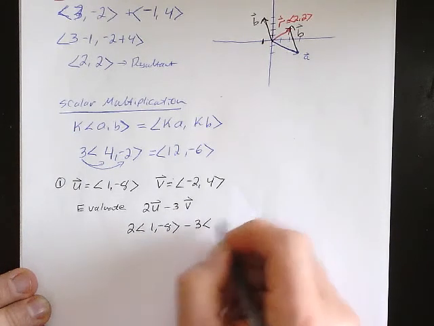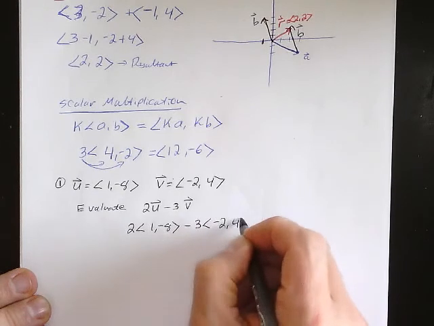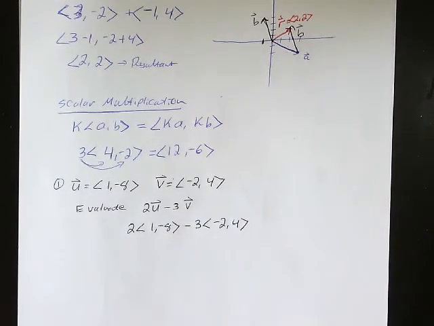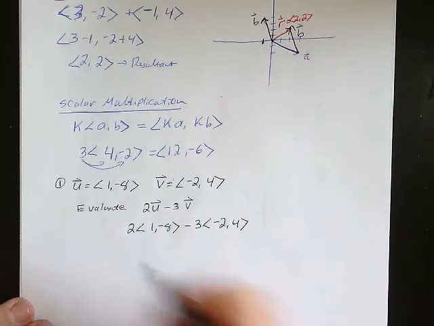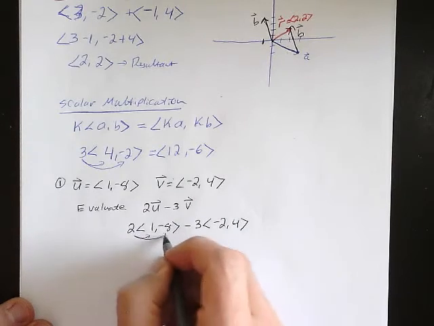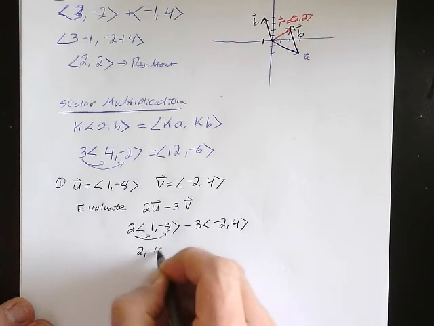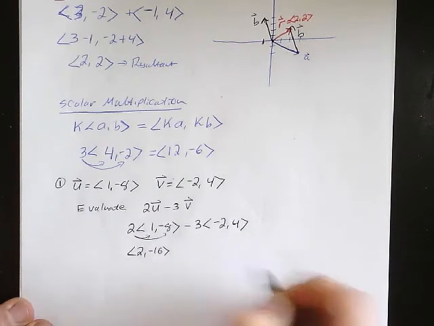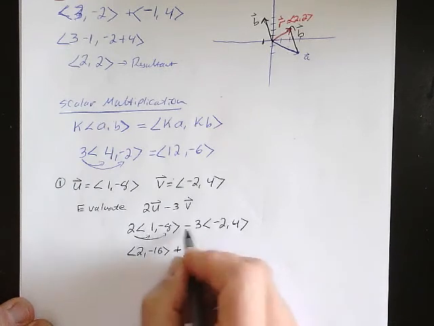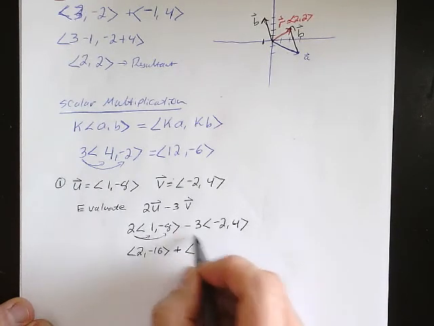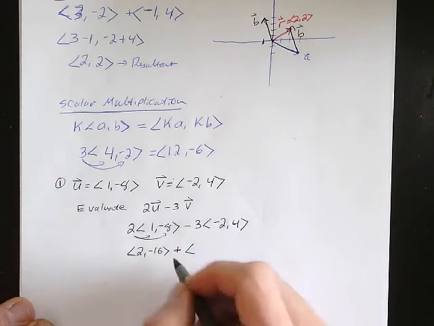So 2u would be 2 times 1, negative 8, minus 3 times negative 2, 4. So we'll just follow the process. Distribute 2: 2, negative 16,